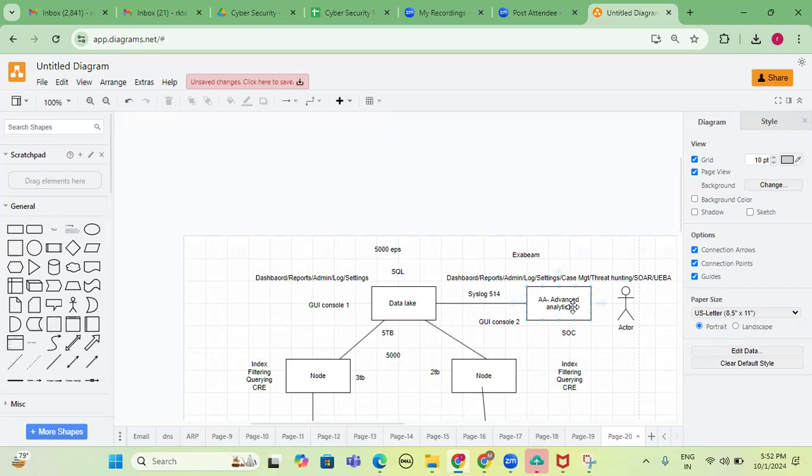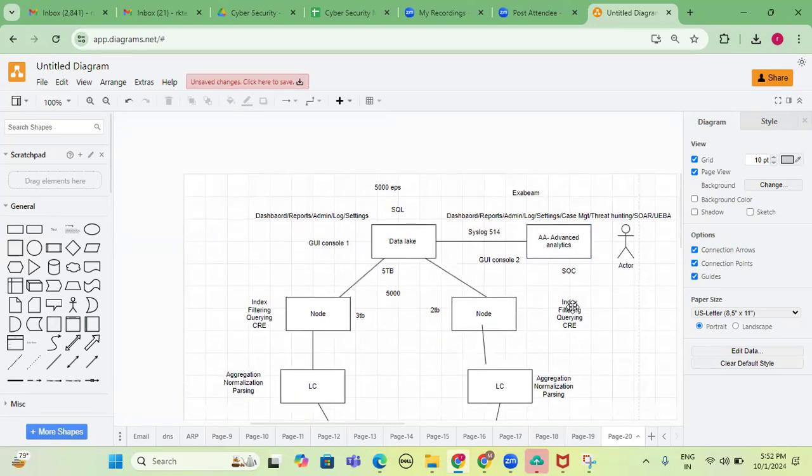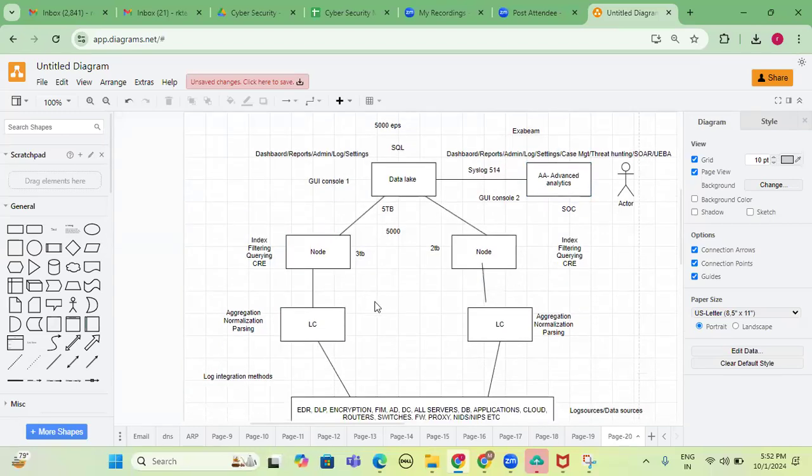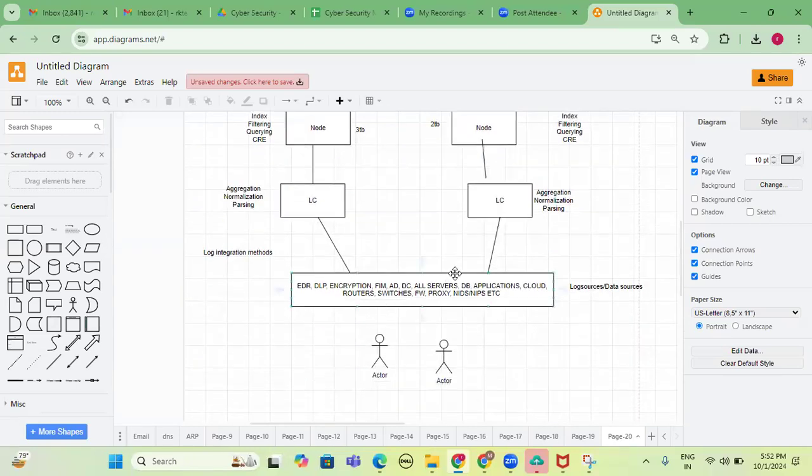Shall I repeat once again? I will repeat once again. So mainly it has three components, and indirectly four components. One is the data lake, the second is the node, the third is the log collector, and finally we have the advanced analytics engine as well. The log collector collects logs from all the different types of log sources like servers, databases, applications, cloud, EDR, DLP, encryption, file integrity monitoring, firewall, web application firewall, and everything,